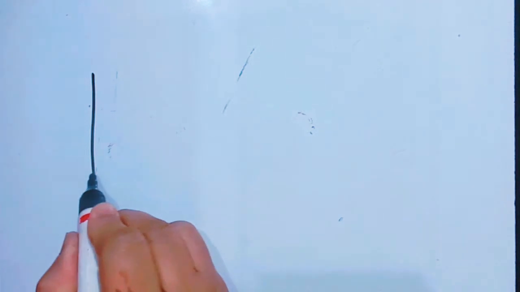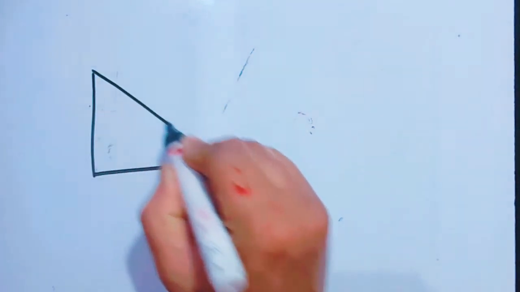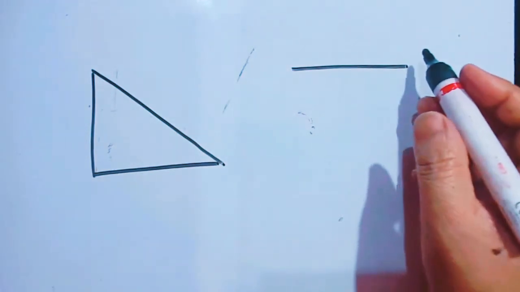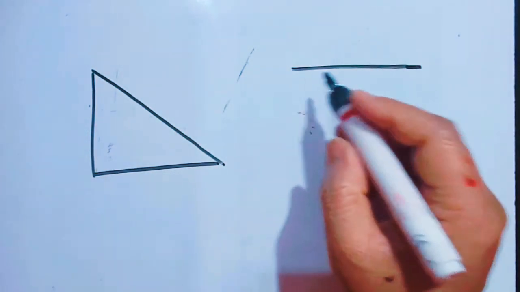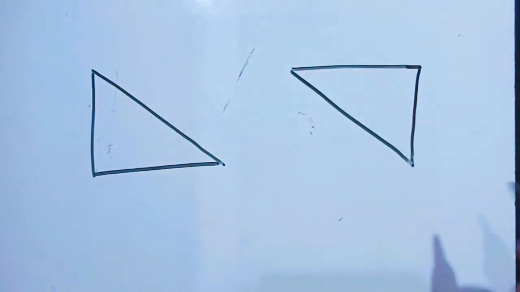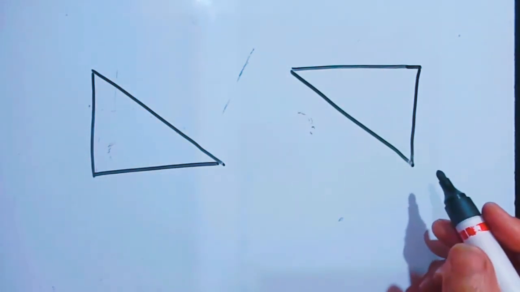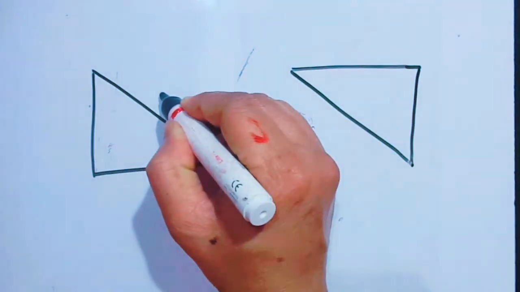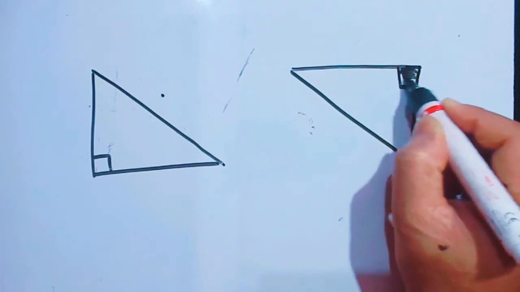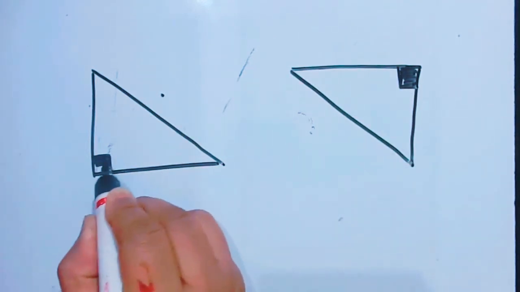Let us take a right angle triangle this time. So I have taken two right angle triangles. One right angle triangle is this one. Another right angle triangle they have given you in this particular shape. These are the two right angle triangles in which they have given you these right angles. Okay. Let me cover it.